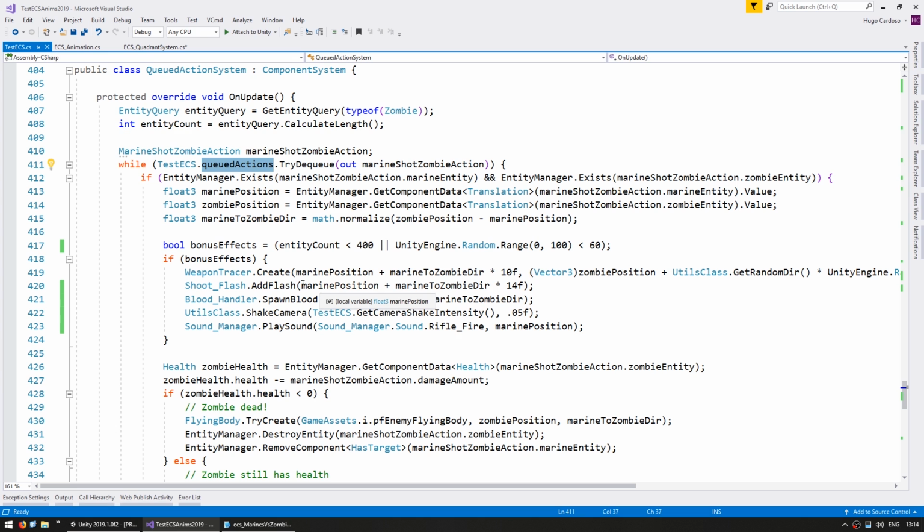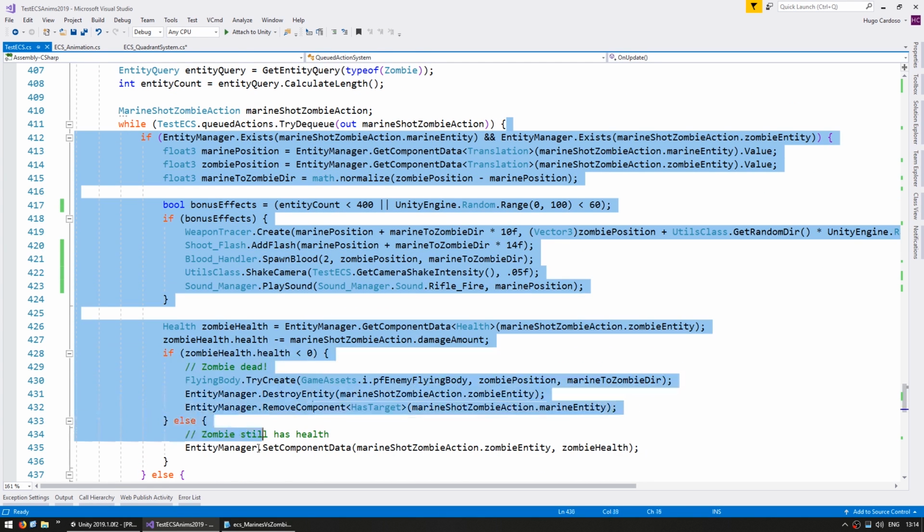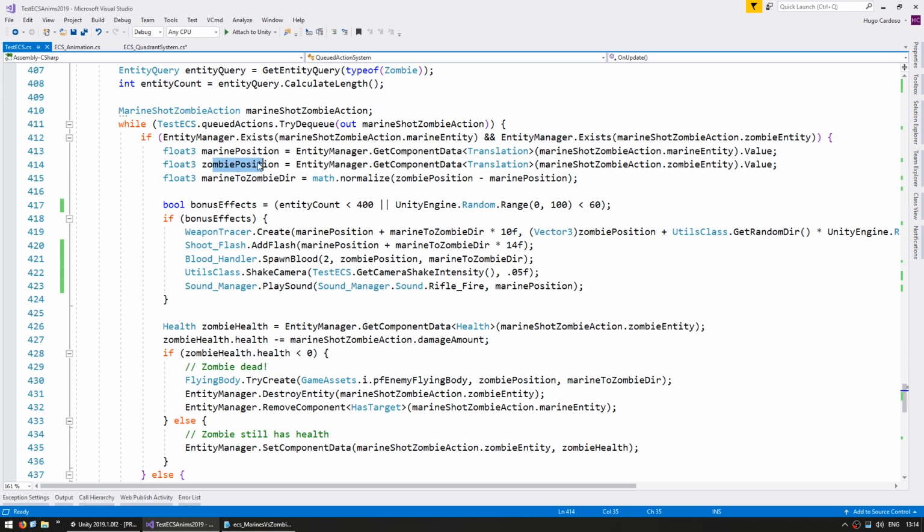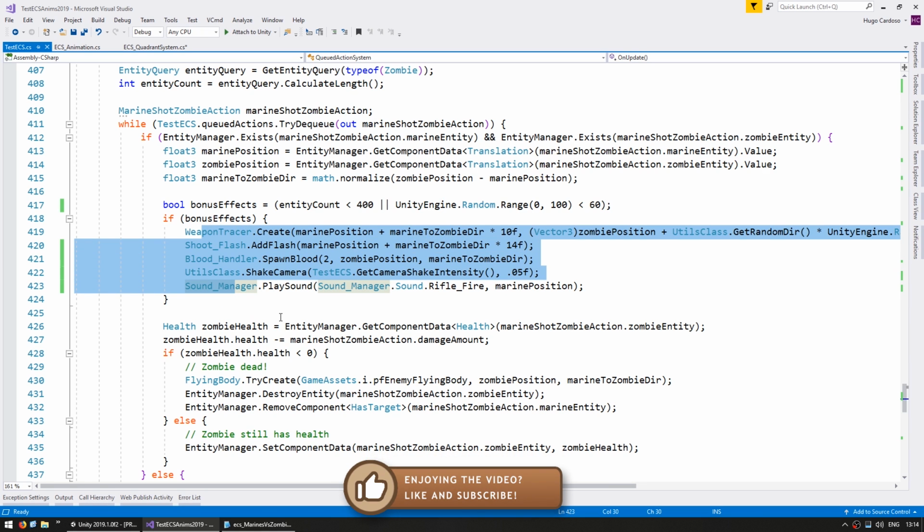So right now the only action is a Marine shooting a zombie. Here this code is running on the main thread, and it's what finally actually causes damage to the zombie. We get the positions for the Marine and the zombie, then we have some bonus effects running on single-threaded code. All of these are not yet ported to ECS. So you can see here how you can mix and match, use some systems with ECS and some systems with